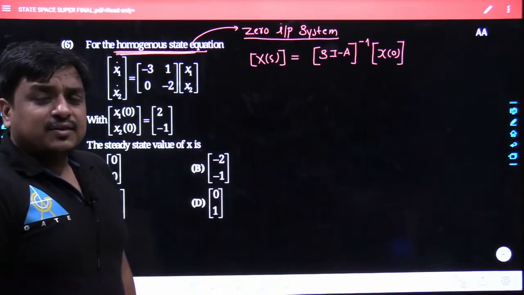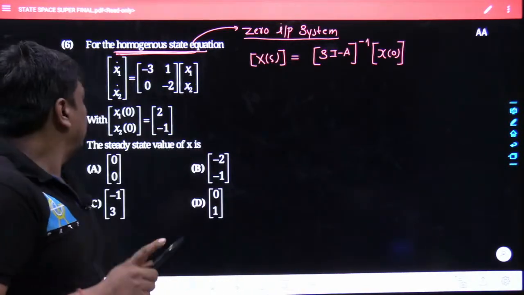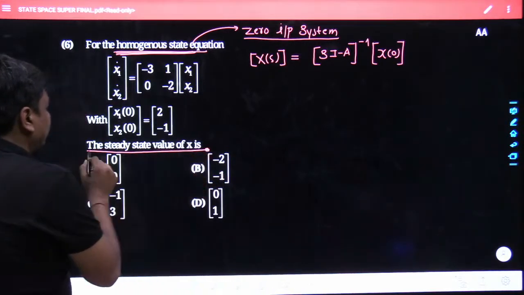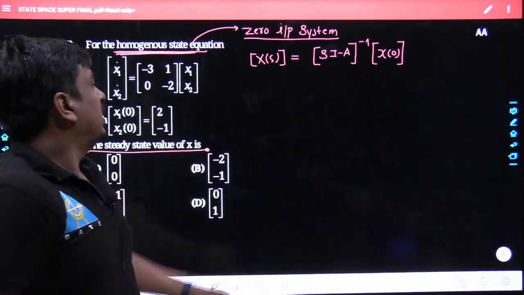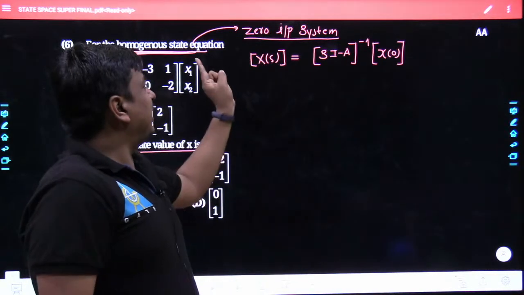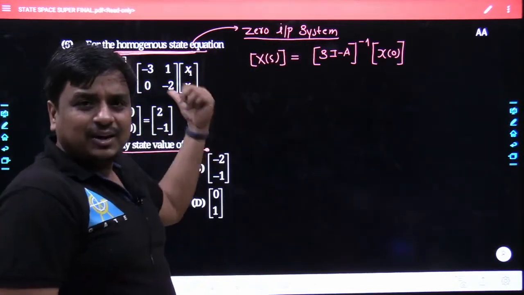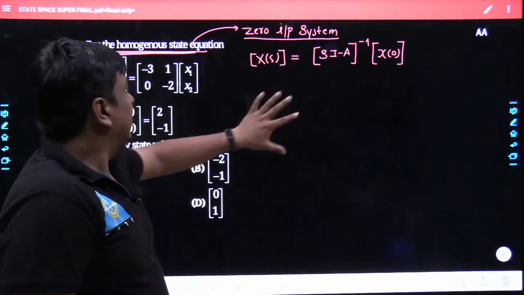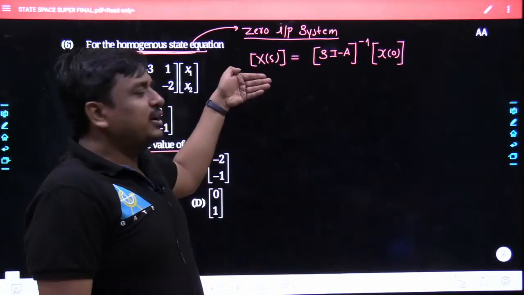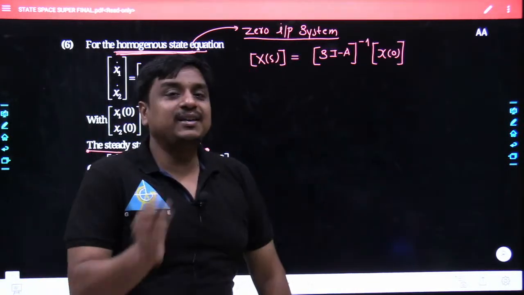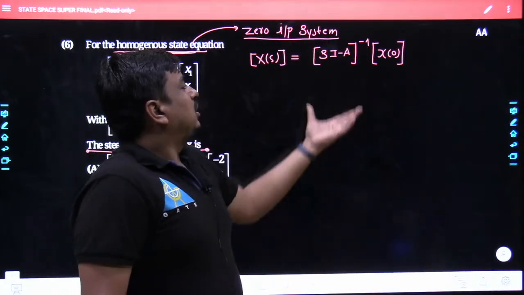So in the last problem, we were interested in finding how x1 and x2 change with respect to time. But here my intention is a bit different. I am just focusing on the steady state values of the individual state variables. What does it mean? You can solve this problem by two different methods. First, you can get x(t). How can x(t) be calculated? I can take the inverse Laplace on both sides. So x(t) would become phi(t), e to the power of At, the state transition matrix, which we can calculate because I have done it two times, in the second question and the last question, and then I would multiply with x(0), and at the end of the day I would feed t tends to infinity. So I will get to know the steady state value of x1 as well as x2 when t tends to infinity. Or the second methodology could be, you can just multiply, and the outcome would be in the Laplace domain,